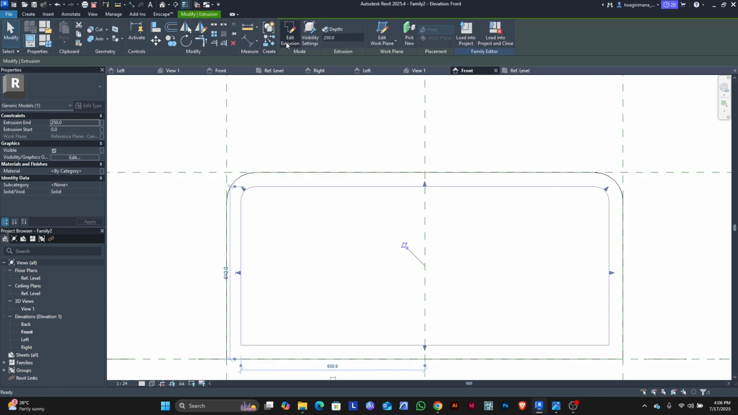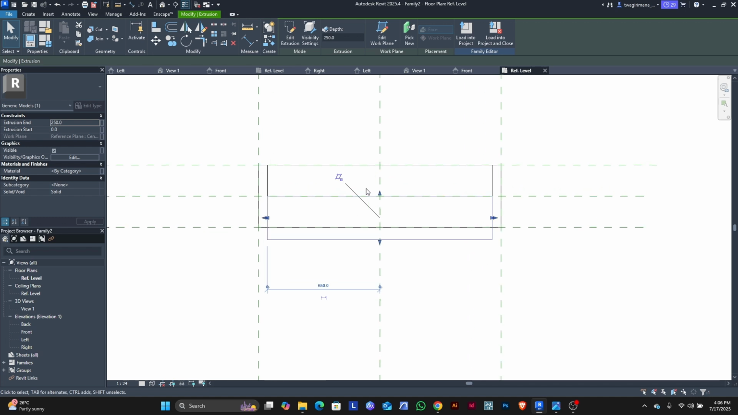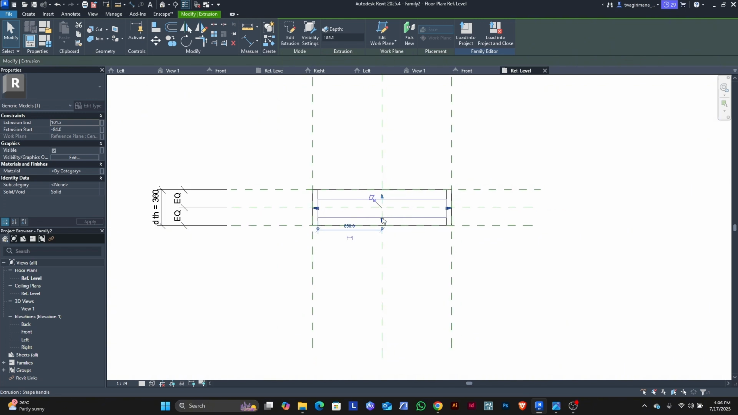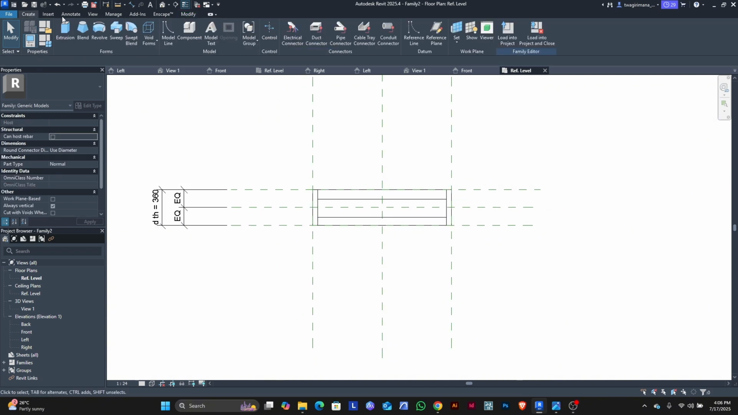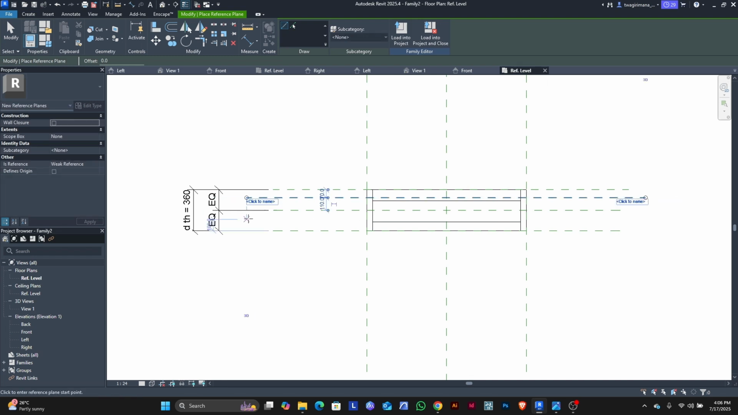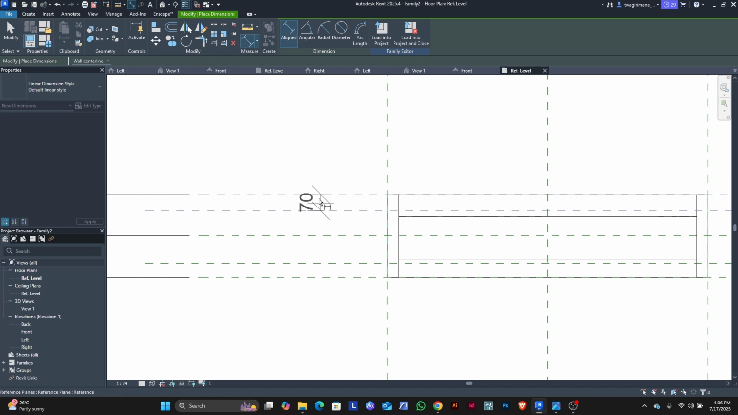Okay, then hit OK. Then go back to ref level. So I want this part to be inside of the first shape that I selected, that I modeled, sorry. So I have to create reference planes on both sides here, and another one here. So I will also set the offset to, let's say,